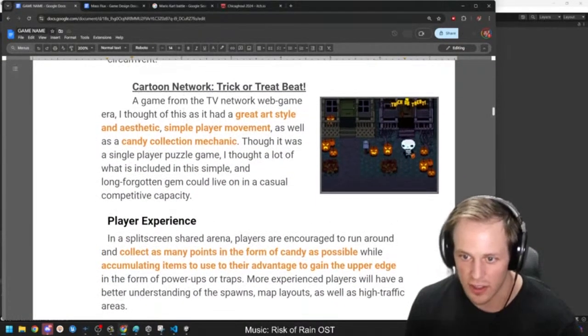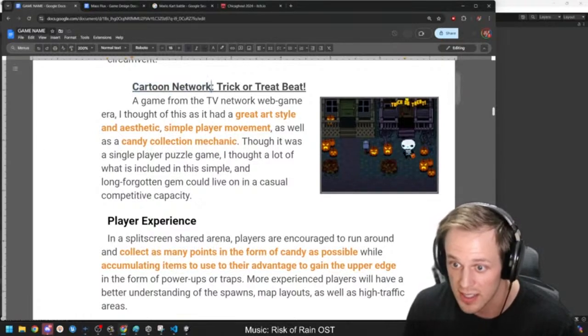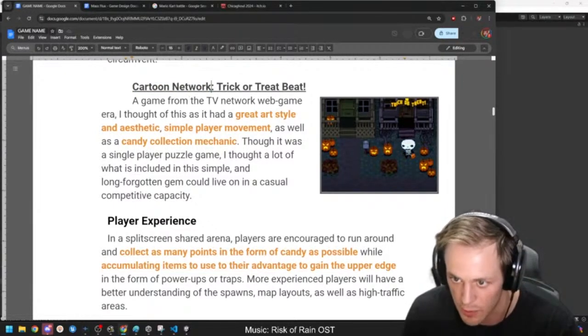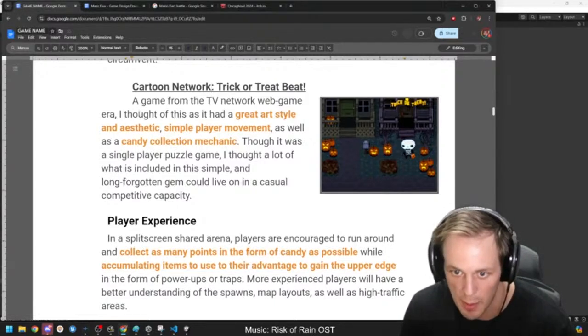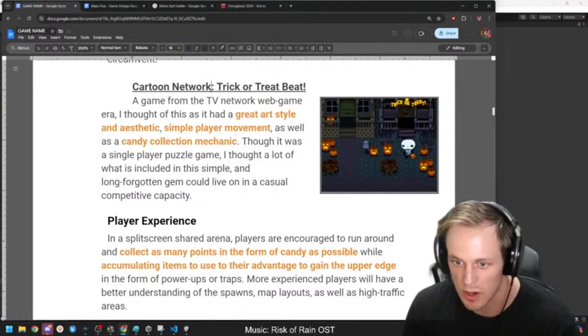I also had this other thing that came into my head while I was writing this. Just as I was writing about it, I thought of this other game called Cartoon Network's Trick or Treat Beat. It's back from when we had TV network web game era. And I thought this would be great for a similar